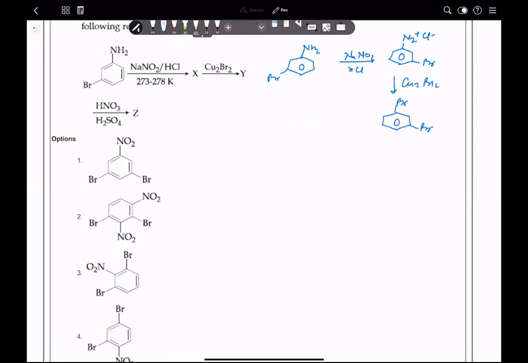After that, we have performed nitration. So Br is ortho-para directing. These both the groups are ortho-para directing. So the final product must be this one. NO2 is para with respect to one Br and ortho with respect to another Br. You can see with respect to this Br, this is the para position. With respect to this Br, this is the ortho position. So that means your final answer must be B. Or sorry, final answer must be 4.